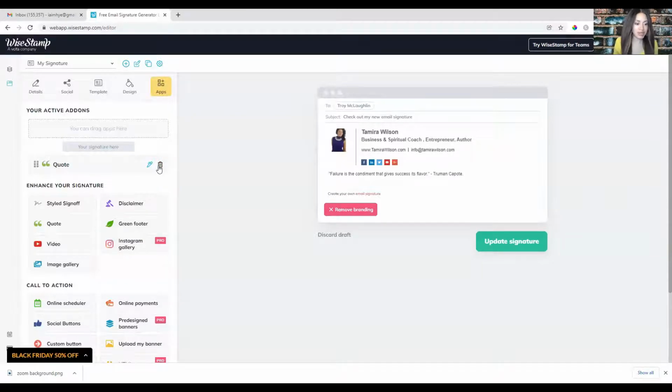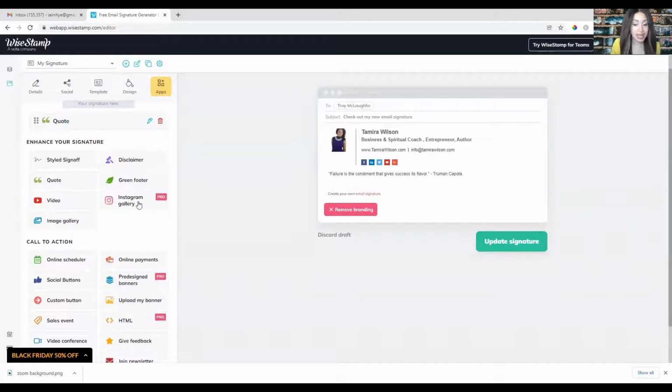Some people say you shouldn't put quotes on your email signature. Some people say it's nice to have it. So it depends on what you want. Basically, it depends on how you want to run your business, because it's your business, and you can do however you want. They say not to put personal quotes, but what difference does it make to me if you're using a personal quote versus someone else's quote? But anyway,